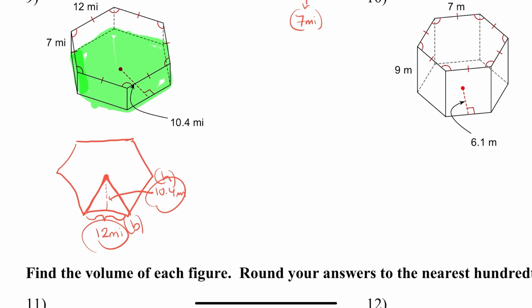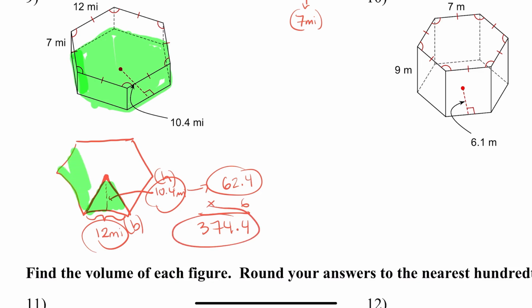So I'm gonna do that on my calculator. 12 times 10.4 divided by 2. So it looks like the area of this triangle is 62.4. Am I finished? No, because I need to multiply that by the rest of the triangles. So I have 6 total, so I'm gonna do this times 6. 62.4 times 6, that is 374.4. This number is the area of the entire